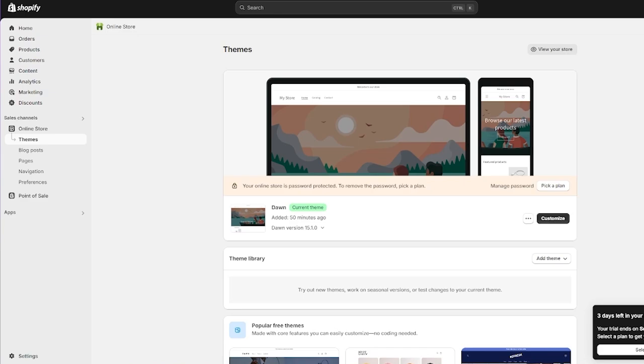You don't necessarily need to be proficient in code. You don't really need to have a good idea of how code works. You just need to follow these steps, and you're pretty much set to go. So to add a custom liquid section in Shopify, here are the things that you're going to want to do,